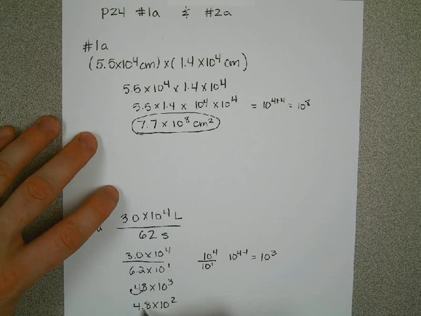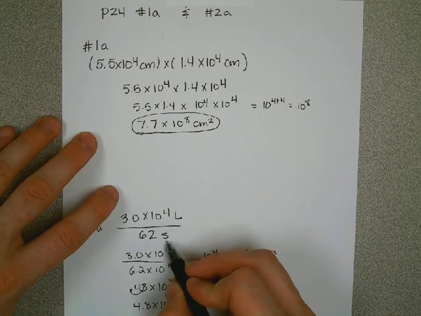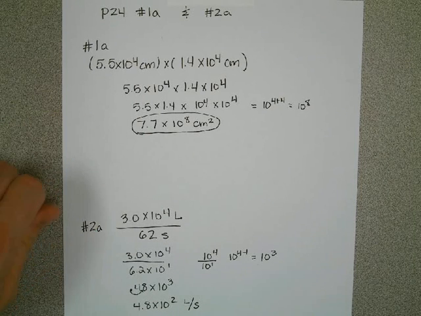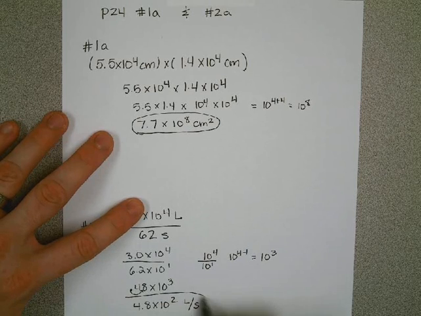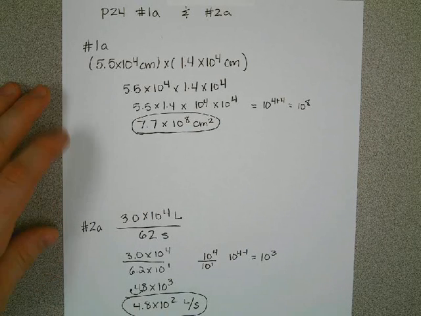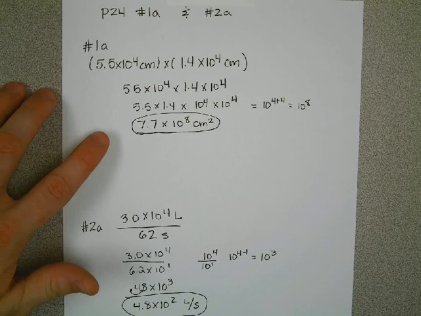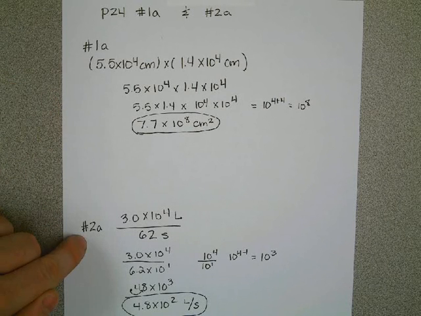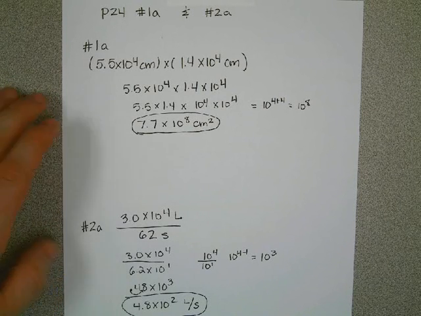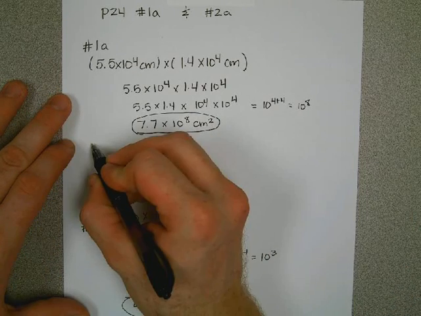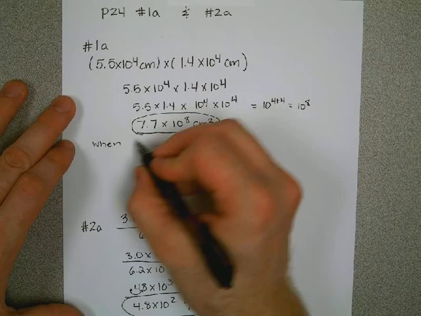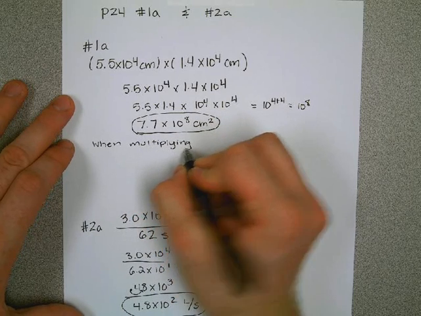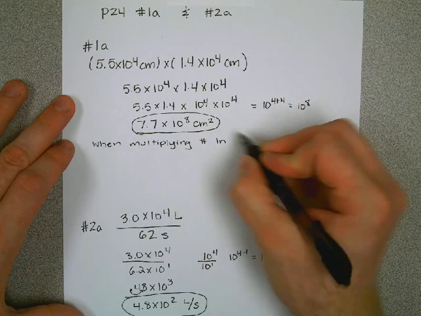All right, now, I still need to write an explanation. I'm going to go ahead and just write an explanation for this one up here, and then you can use the format for any of your homework problems, including considering what would be the explanation for 2a. So I'm going to write: when multiplying numbers in scientific notation, I must